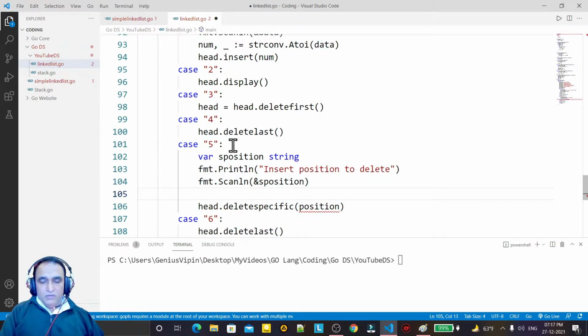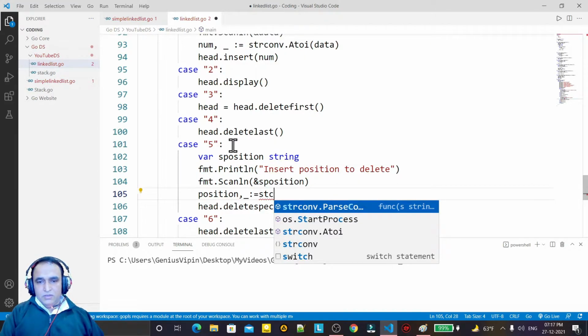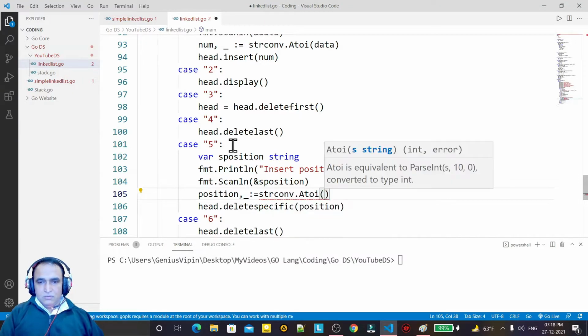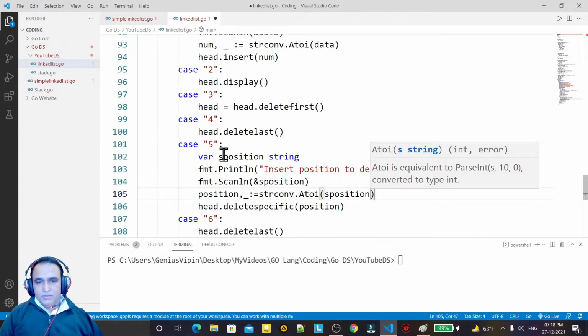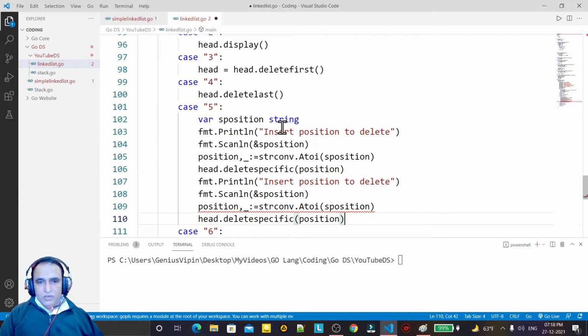Now I have to convert this position variable into an integer, that would be strconv conversion, and I say as position like this. So position we have taken. Now I have to again copy and paste for getting a number.